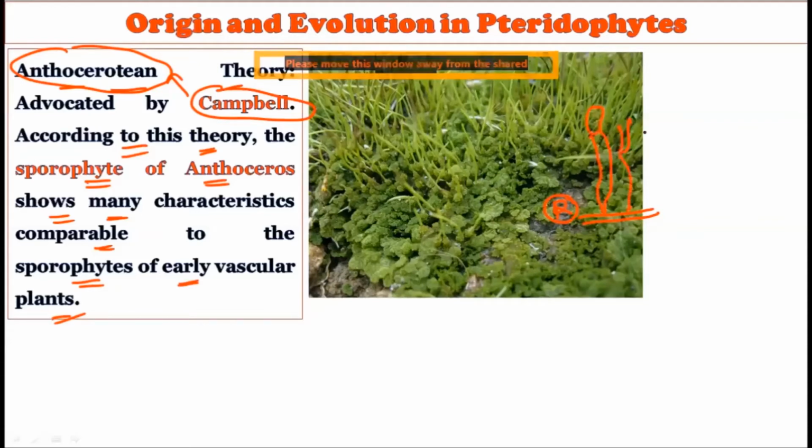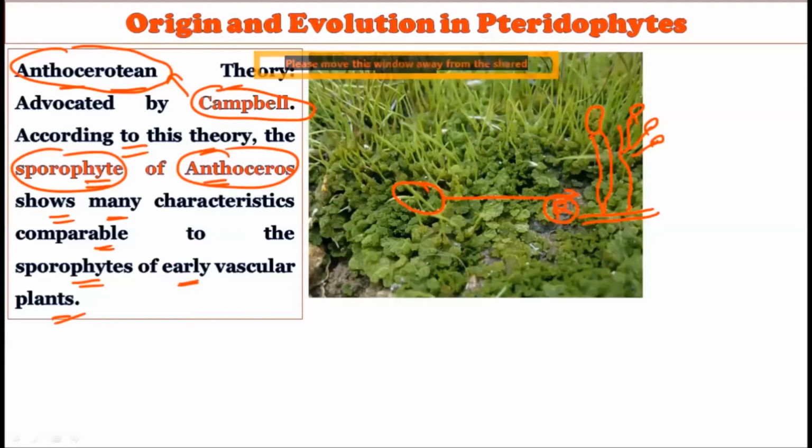This type of sporophytic plant body is shown by Rhynia, and this sporophytic plant body of Rhynia shows comparable characteristics with the sporophyte of Anthoceros. Okay, so whatever the sporophyte of Anthoceros is, it shows remarkable matching with the sporophytes of the early vascular plant. When we talk about the Anthocerotian theory, what it says is that the sporophyte of Anthoceros